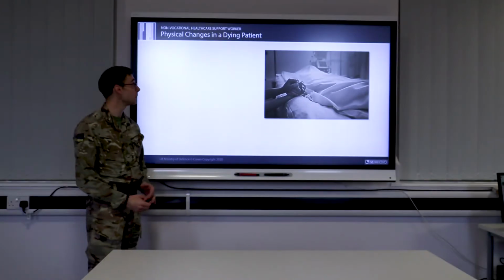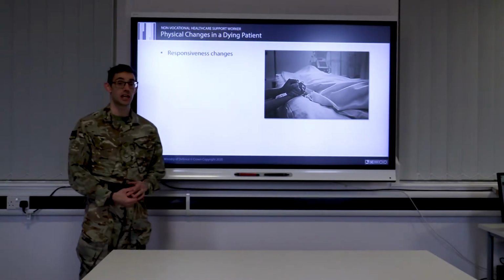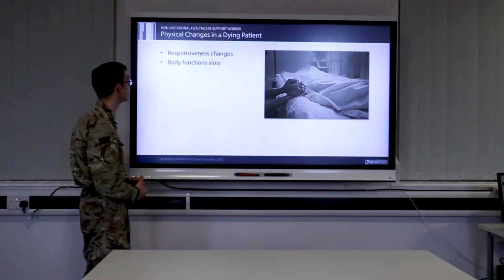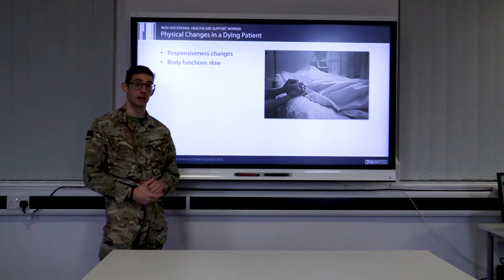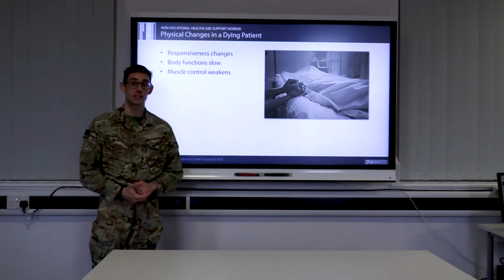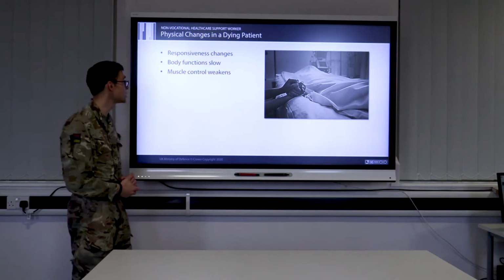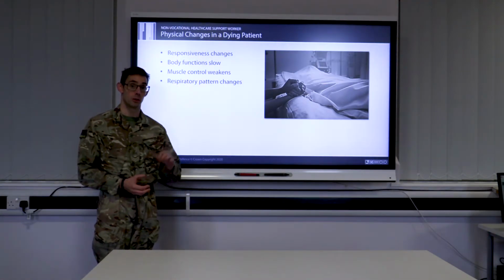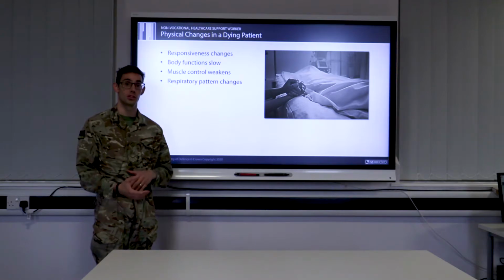Physical changes in a dying patient. Responsiveness changes, so we talk about the consciousness level, they may become less conscious. Body functions slow, so you might notice a drop in urine output. Muscle control weakens, they can't physically move themselves as much. Respiratory pattern changes, so the breathing might drop off, the respiratory rate will drop off, and also they might be